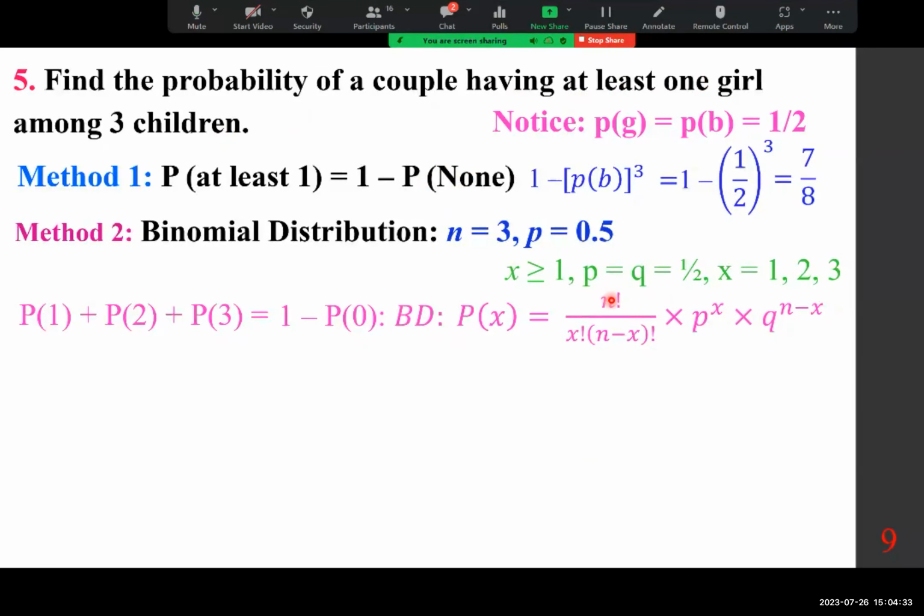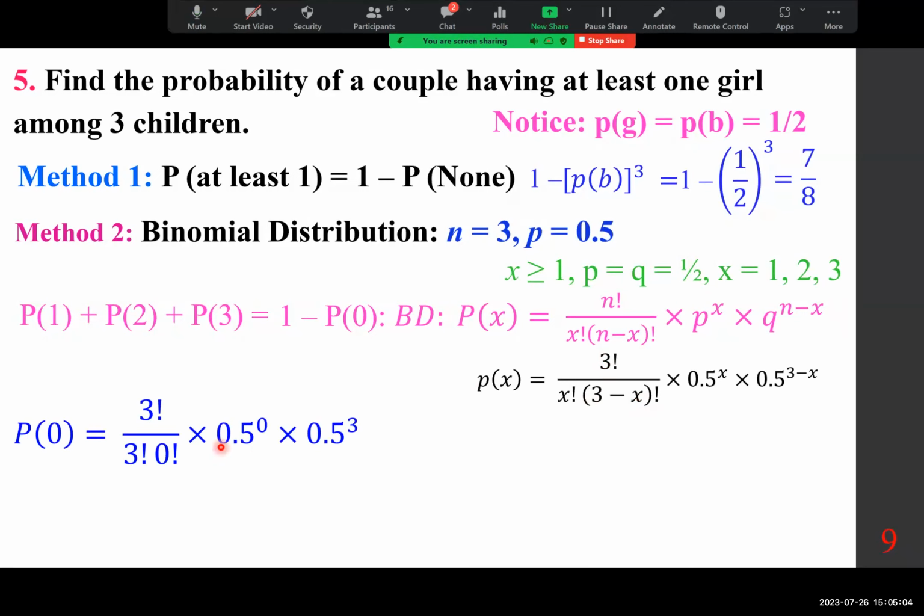Now we're going to replace the n with 3, P and Q both with 0.5 or 1/2. So n is 3. So again, you can plug in 1, 2, 3 and add them up, or you can plug in 0, calculate and subtract it from 1. That is a tad faster. Again, you can obviously do it by a calculator, but